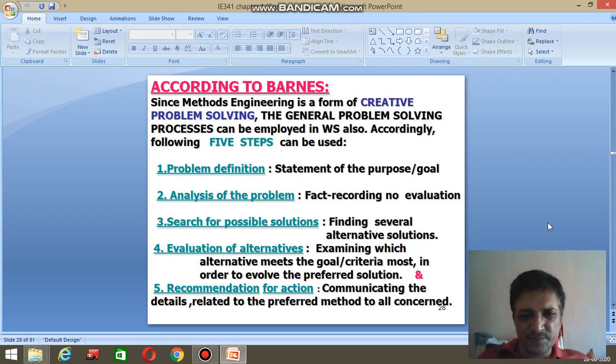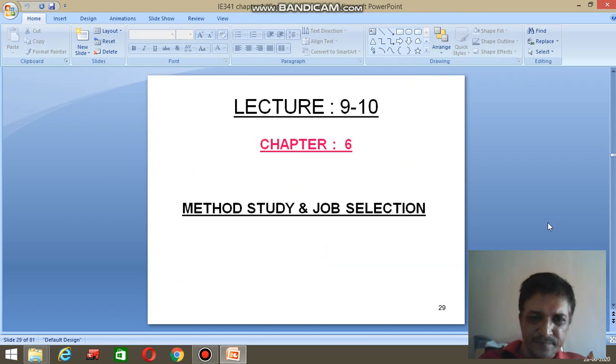So evaluations are carried out examining the goals or criteria or the objectives in order to evaluate the proposed solutions, and then finally recommendation for the actions. So evaluating each and every idea, and then finally we have to reach the solution that this one is the best alternative for doing the job or doing the task.